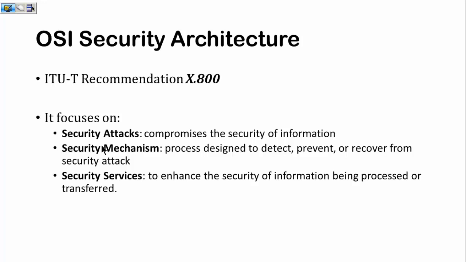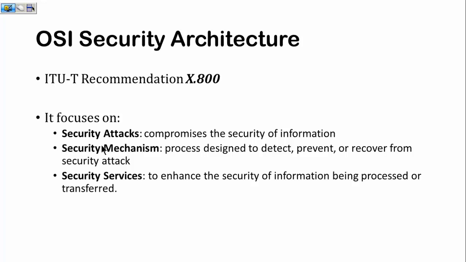Security mechanisms are those processes that are designed in order to prevent the security attacks, or if the attack has taken place, to detect it and recover from it. And I must tell you that there is no foolproof, absolute security mechanism because there is no specific way of doing an attack. The more secure the system is, the more loopholes are found out and new methods of attacks have been identified and applied. So it's an ever growing field and there is no absolute mechanism.